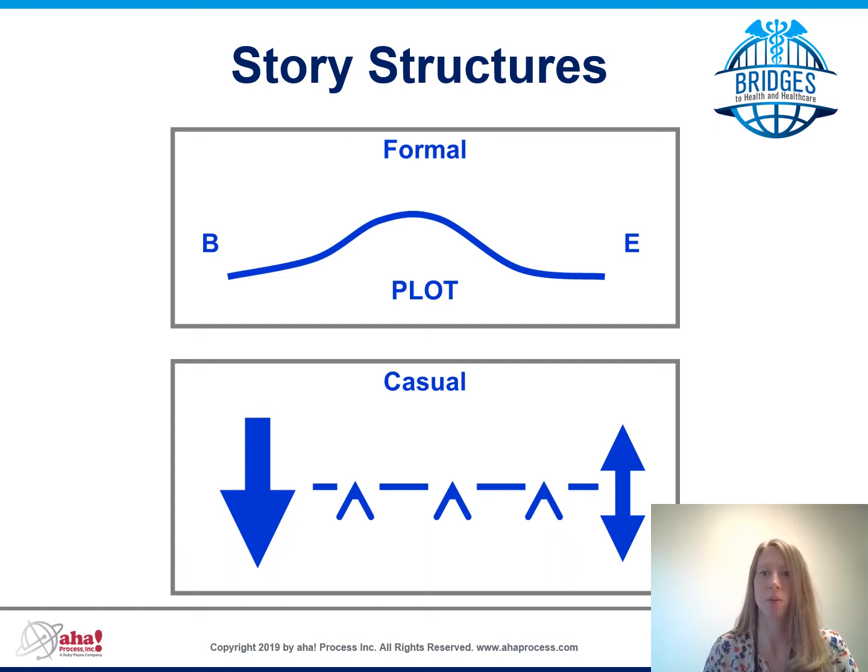The casual story structure, on the other hand, has no clear-cut beginning. The story may start with the present moment, or 3 months ago, or with an entirely different story. One person might start the story, often at the most dramatic moment, with openness to comments from listeners, which isn't seen as interrupting. The triangles represent where others may jump in with jokes or remarks, especially if there's a relationship between the storyteller and the listeners. Then over-talking is fine. If you go to page 64 of your book, you'll see Carl's story, which illustrates a casual story structure in a healthcare setting.